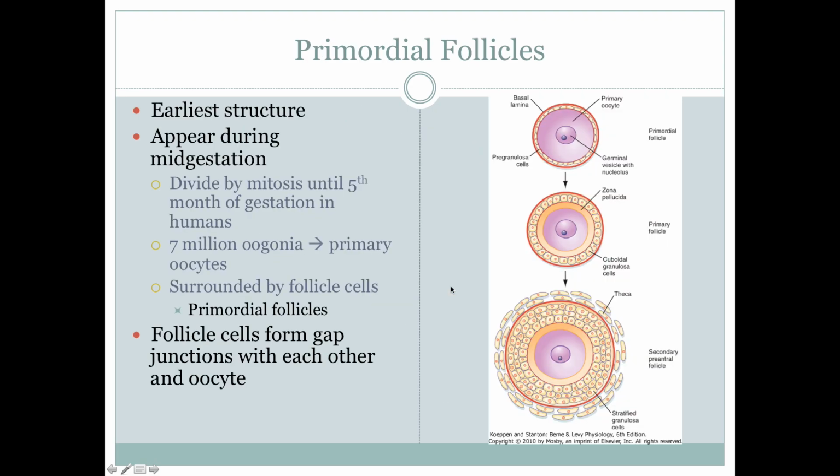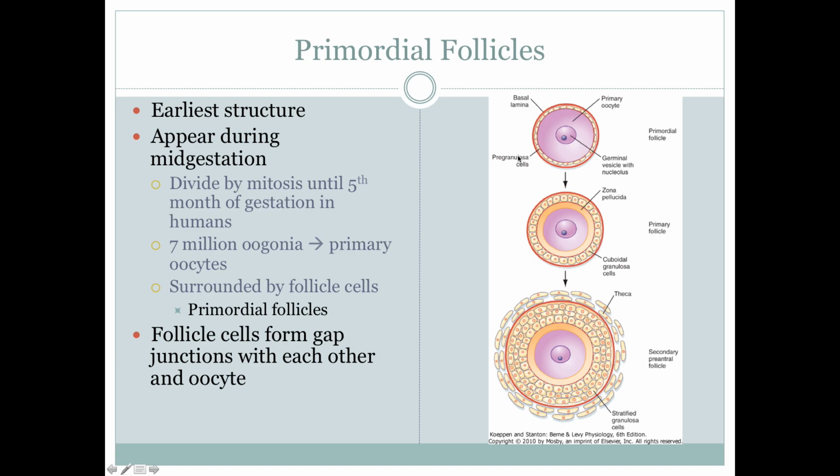All right, so the earliest structure are primordial. We've used this term already in the male reproductive chapter. So primordial, the earliest form of life. The primordial follicle, there's not a ton associated with it. There is an egg cell inside of it. There are pregranulosa cells. There's a basal layer. So there's not a ton going on. It's just a very simple egg cell with a nucleolus and not a ton of structure to it.